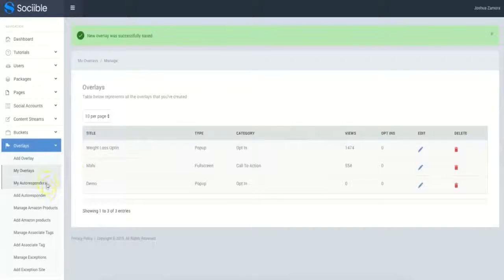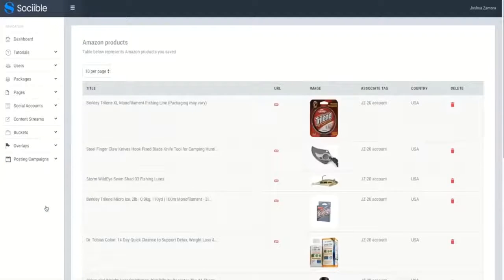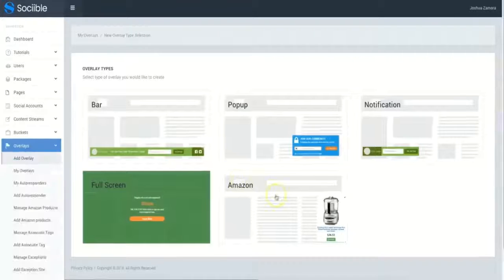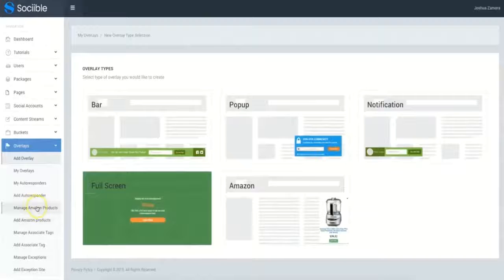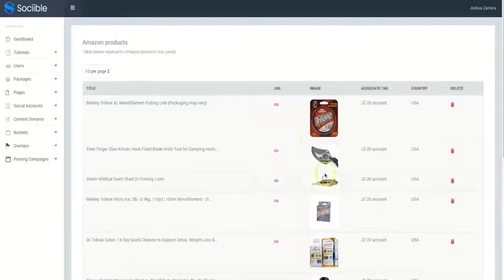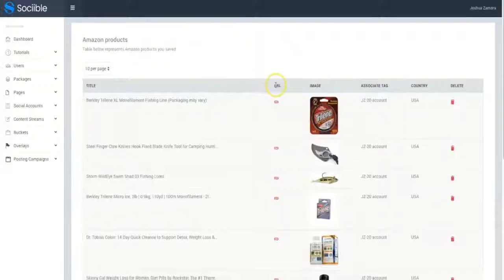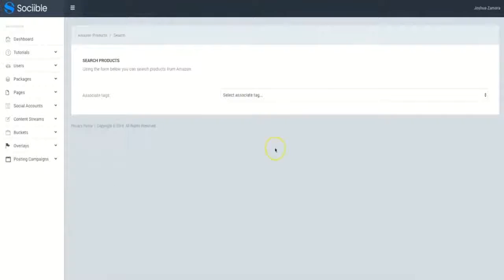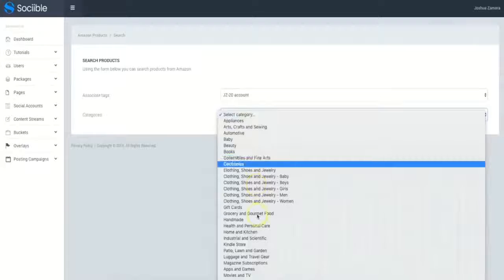And another powerful thing that we have built into Sociible as well is the ability to add different products to your different overlays. Okay, now remember, here under overlays, we have the ability to add an Amazon overlay. And this is what allows you to manage the different products that get added to those different overlays. And here you can add Amazon products very easily. Okay, so if I come here